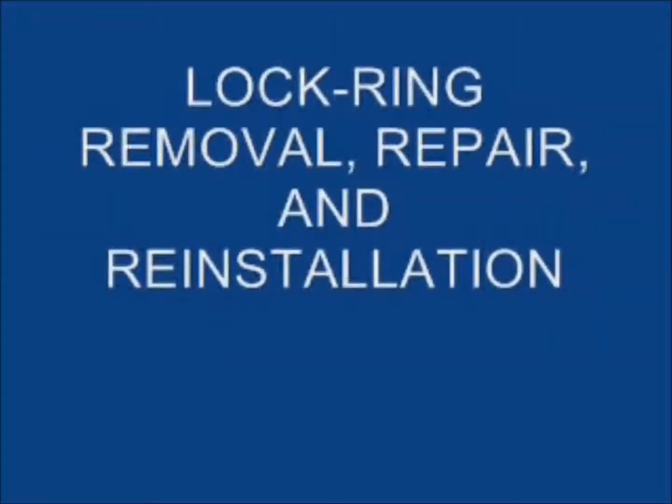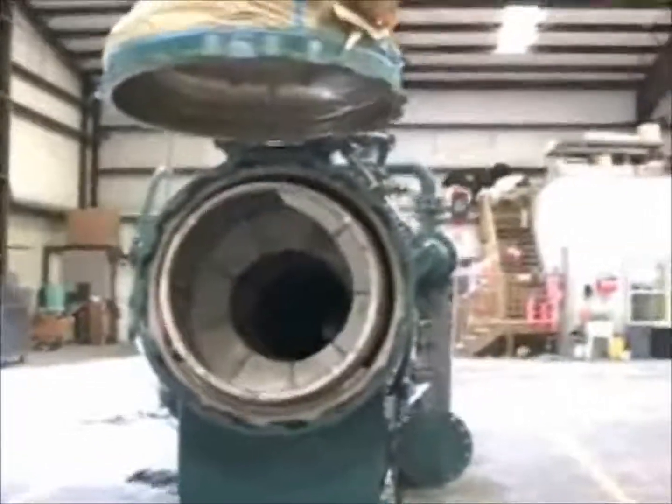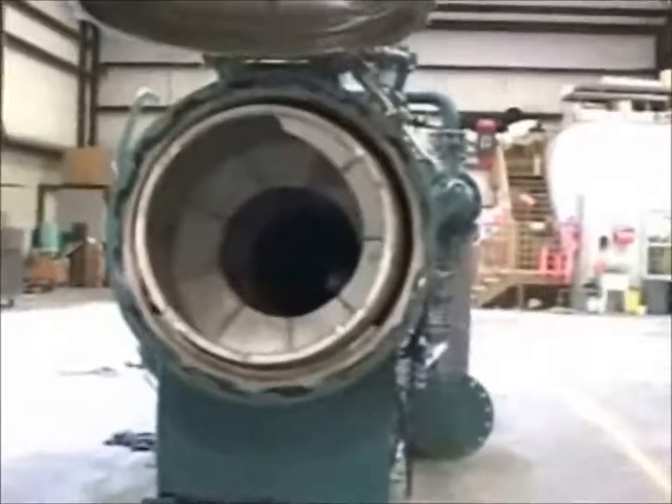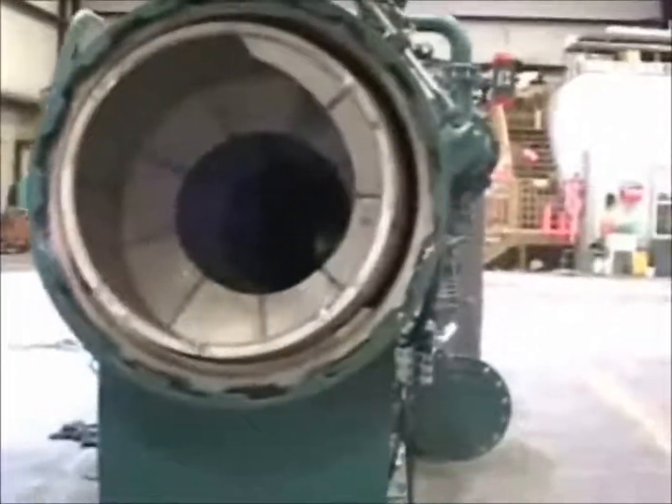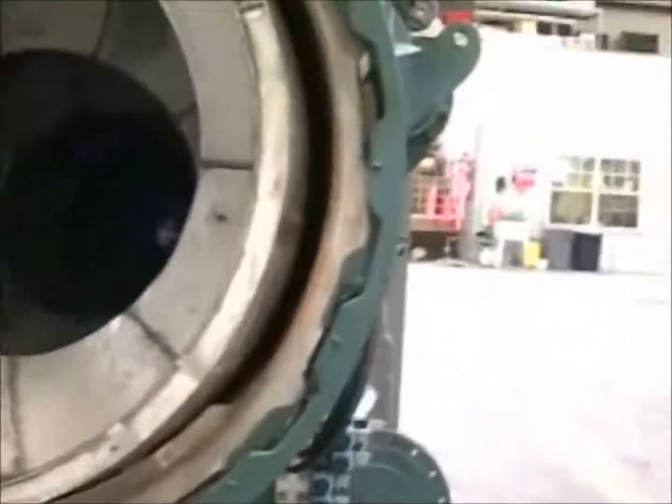This instructional video covers the removal, repair, and reinstallation of a Rotoclave pressure vessel lock ring. Shown on the screen now is an overview of the vessel. We're zooming in on the lock ring teeth, and you can see the screws that hold the